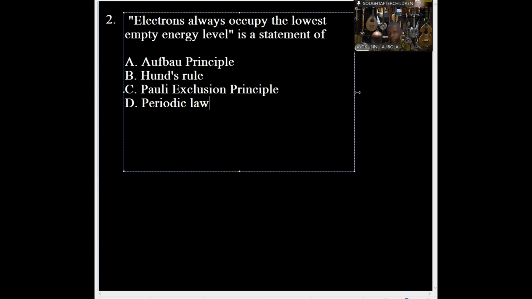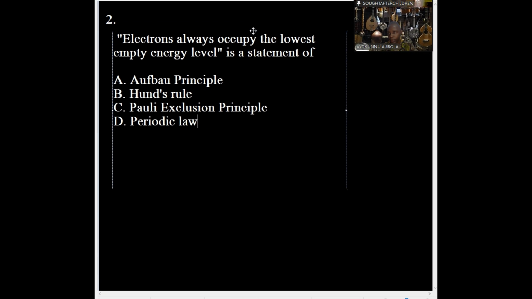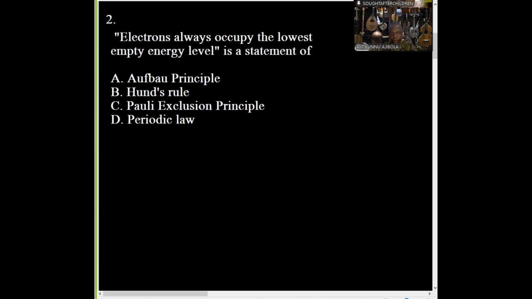So for number 2, this one is not a calculation, it's just a principle question. So let's see. Check this, Moses, and read it. Electrons always occupy the lowest empty energy level. As a statement of electrons always occupy the lowest energy level, as a statement of